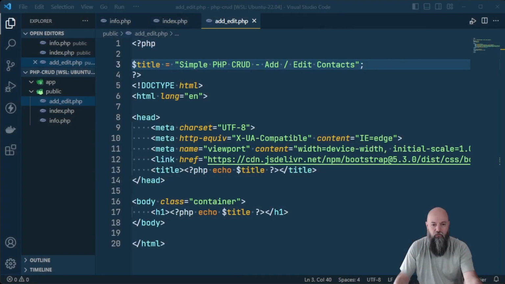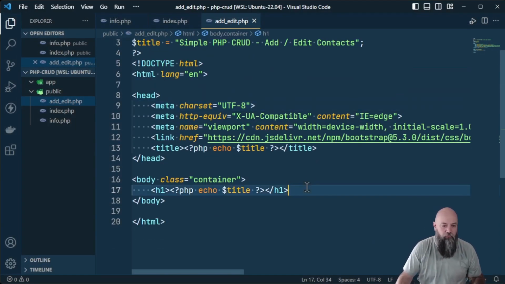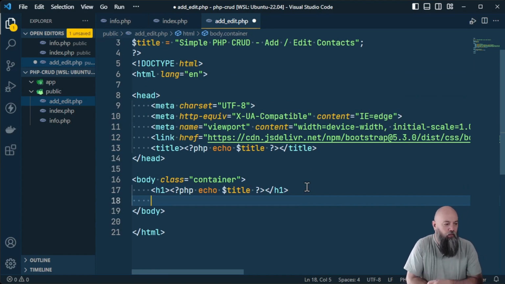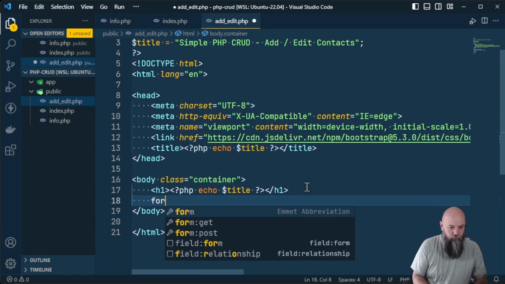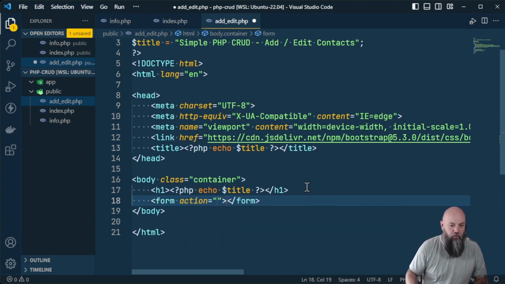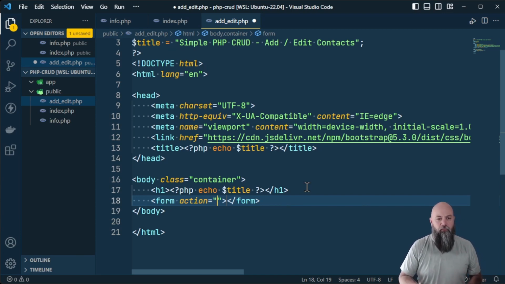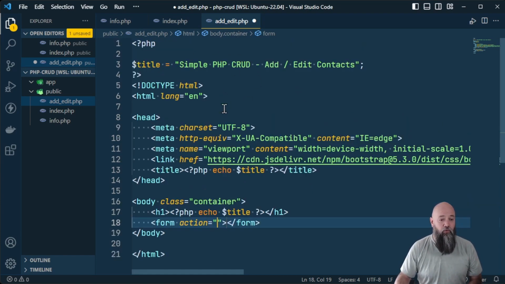Go back here to our code. So we're going to start building out our form. The action we want to leave blank. So if you have a blank action, it will submit all your data back to the same PHP file that created this. So it will basically go back to this add edit file, and we'll create logic here at the top that will say, okay, I know you're adding, editing, or submitting, and it will process stuff and then redirect